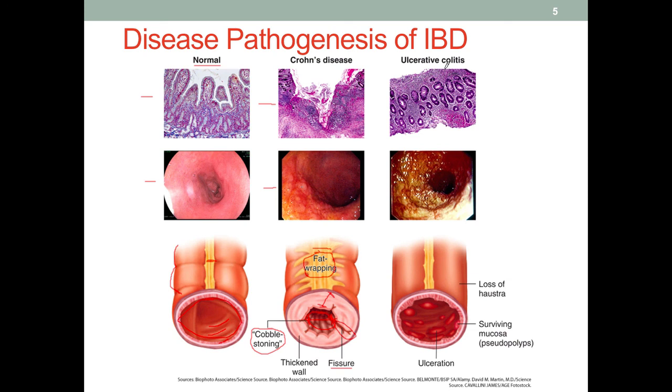And then next, when we go over to the ulcerative colitis, we can definitely confirm the pathology in this microscopic view. We can see that all of the mucosa here has been destroyed. It also appears very different from our normal colon. And if we observe with the endoscope, both the color and the shape has changed. So going to the diagram,